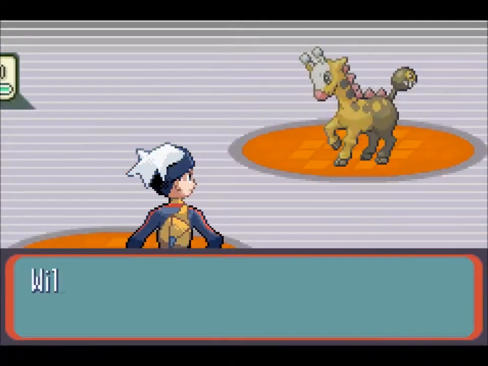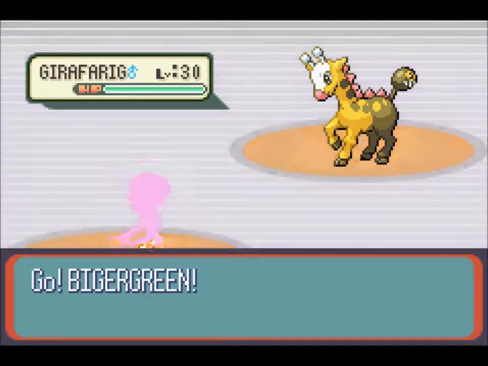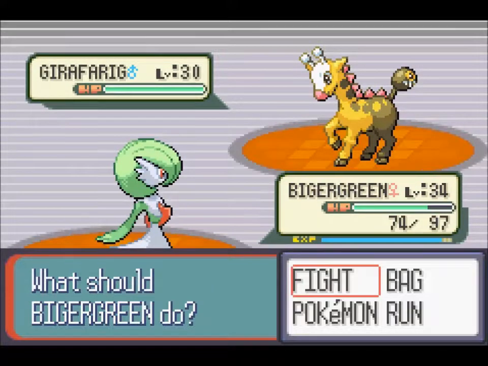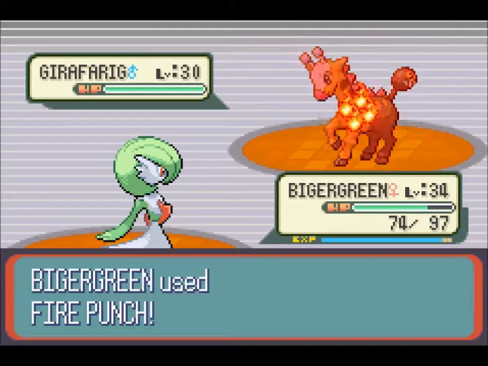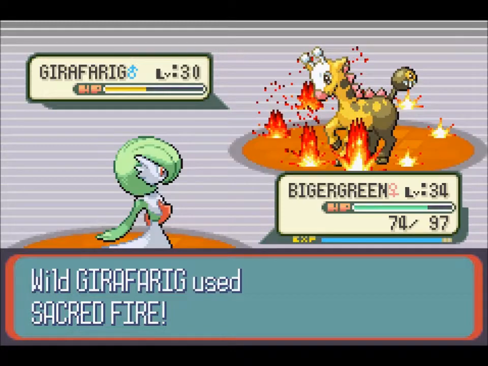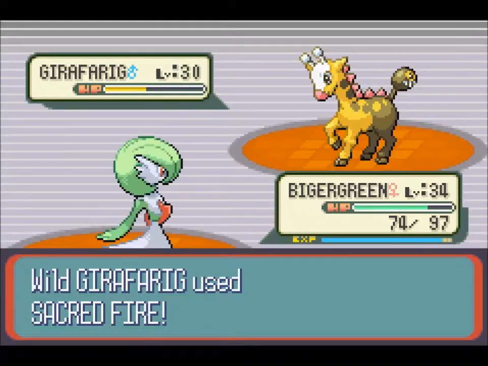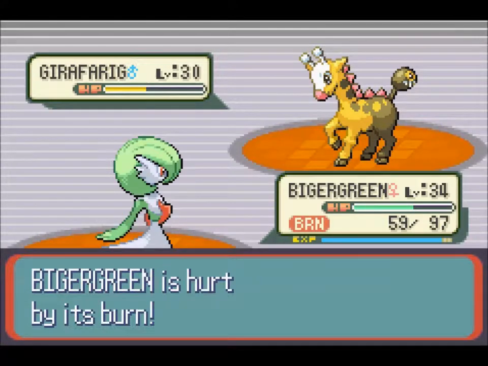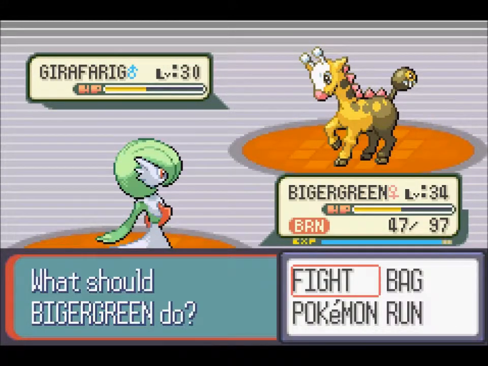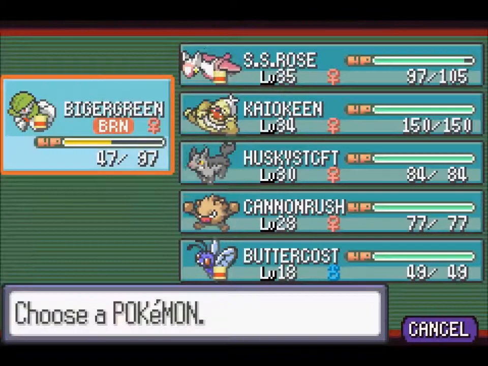And you are a Giraffe Rig. Ha ha ha, it's a giraffe. Alright, just fire punch that. I don't even care if we kill this. Secret fire! Okay, you might have good moves. You burned me, jerk! Should we risk that? No, we'll...